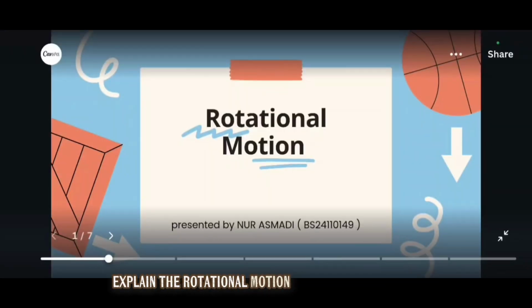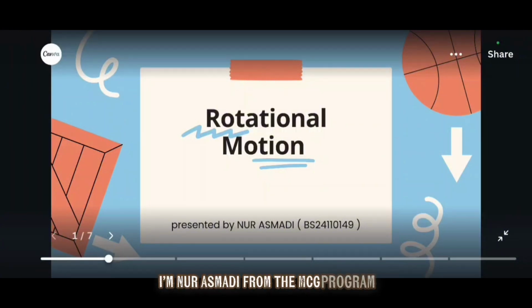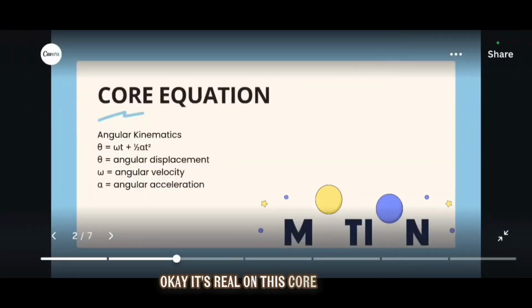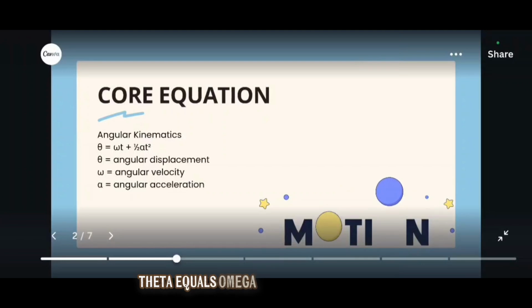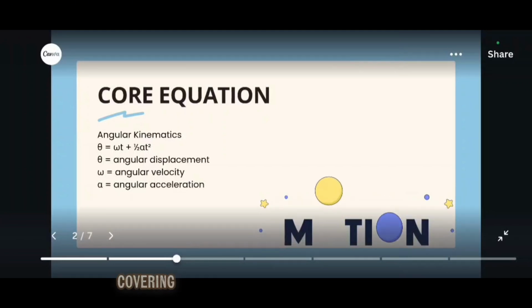Explain rotational motion in computer graphics. I'm Rosmati from the MCG program. It's built on this core equation, angular kinematics, theta equals omega t plus alpha t squared, covering displacement, velocity,